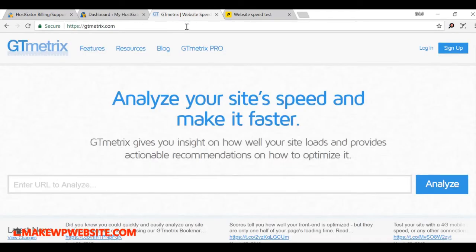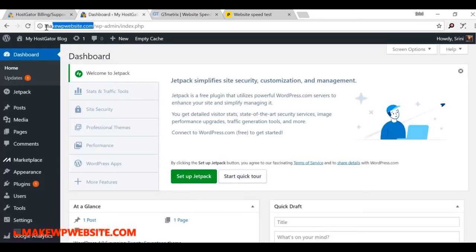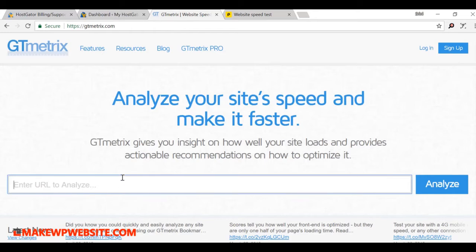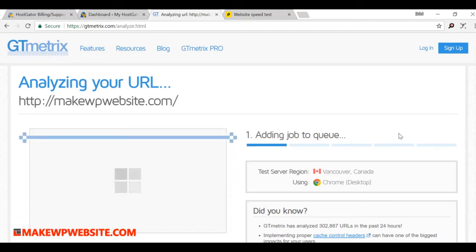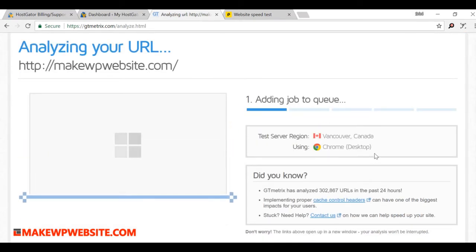Okay, so let's check our site speed. You take the domain name, your website name, and type it in the URL analyzer, and then we ask it to analyze. Depending on the server, you see the test server region is Canada, and it's using Chrome desktop.